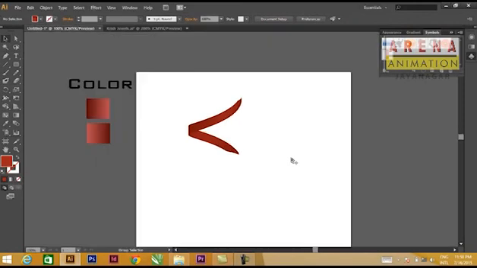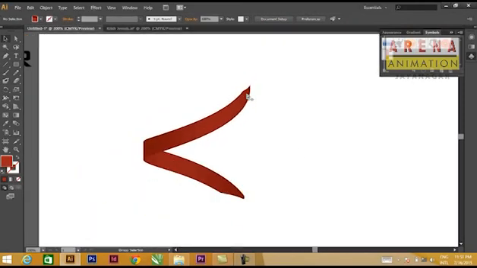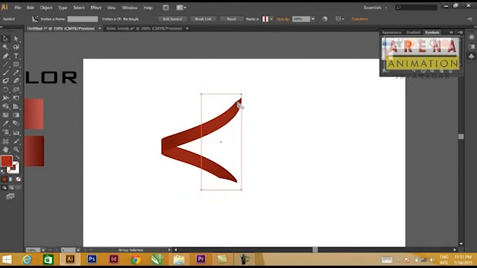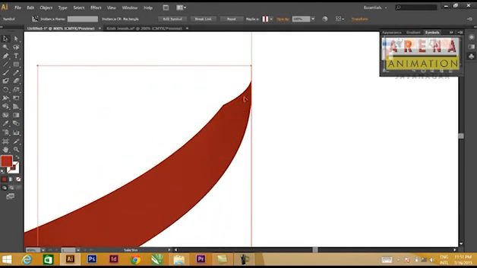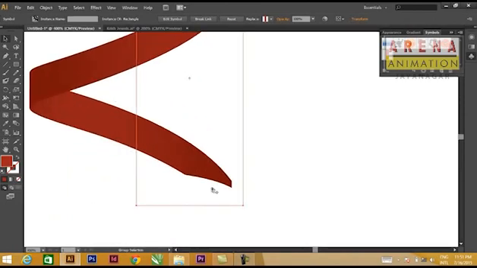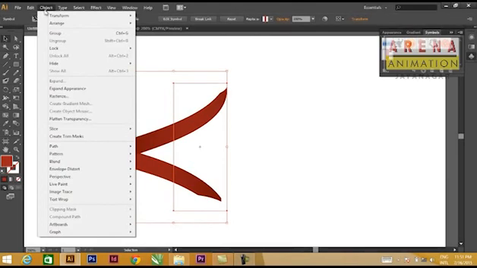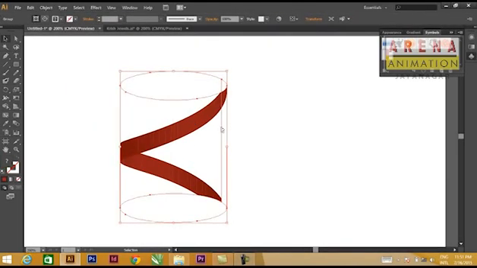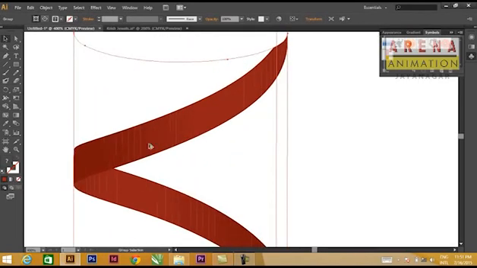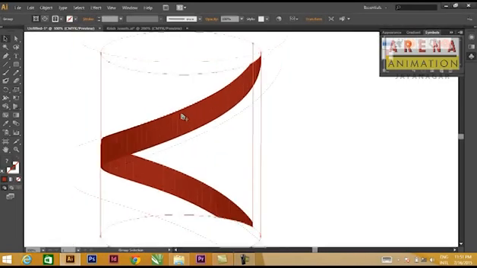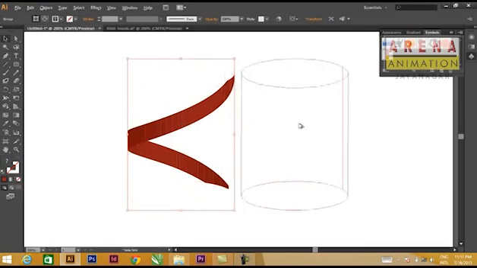Once we have done this, this is our K, but here you can see the angle is not so good, top and bottom both. So what we can do, go to your object, expand, expand appearance, convert this into object. Now you can see after converting, you can see these lines. We don't want that. So what you do, I will duplicate this,